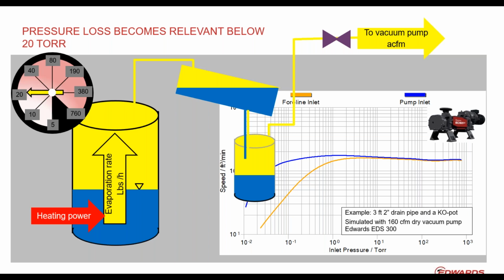And the only way to heal that, when you want to go to pressures below 20 torr, is you need to watch out for pipe diameters and put the pump closer to the reactor. Not too many elbows, and certainly, as this is why I chose this example, not a drain from the condenser into the drain tank and then off to the vacuum pump, because that works mostly when you run 50, 100